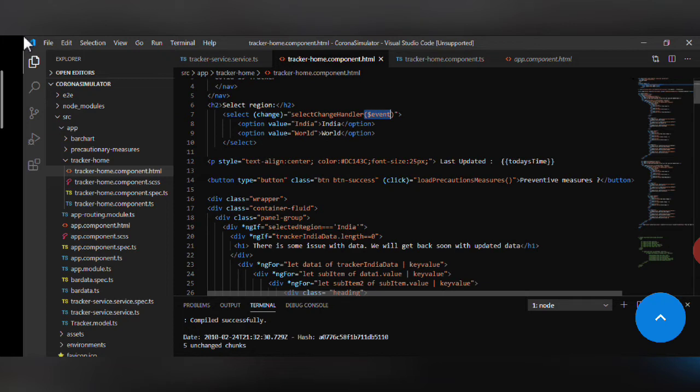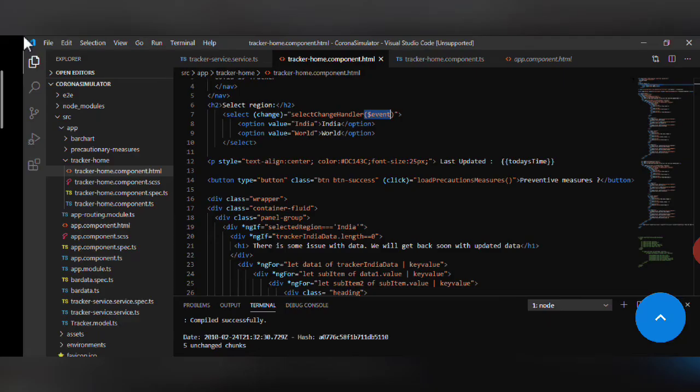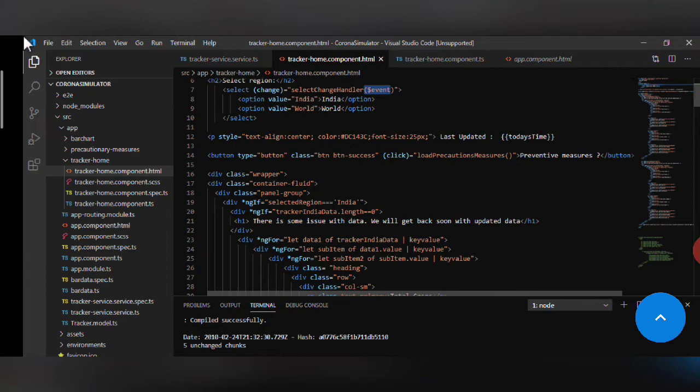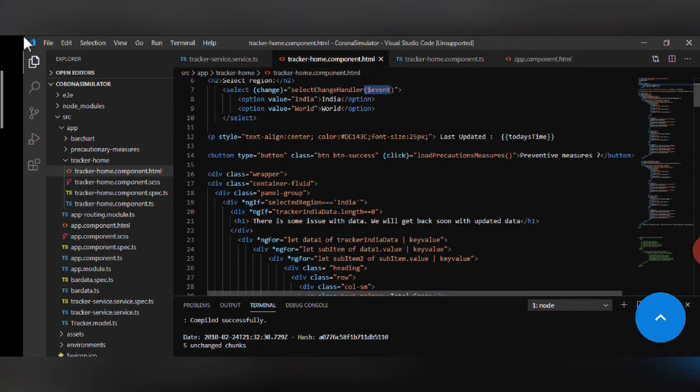Now this last updated just shows the time this page got updated from the API. Here I have used the system date time only. Next is the preventive measures button, for which you can use any Bootstrap class, or simple HTML also.